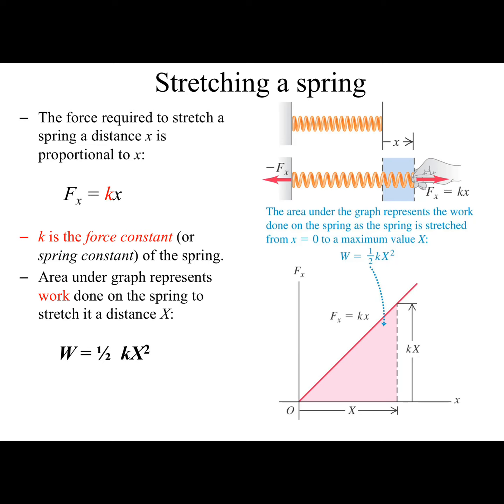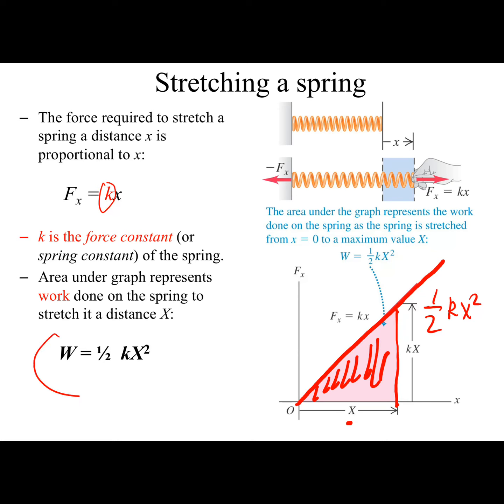Special case, spring force. Now we remember Hooke's law. The spring force is proportional to displacement: F equals kx, and k is the spring constant. So for spring force, you have this plot. Now the area, this is x, kx, the area of a triangle is 1/2 kx times x, which is 1/2 kx squared. So this is the work required for you to pull